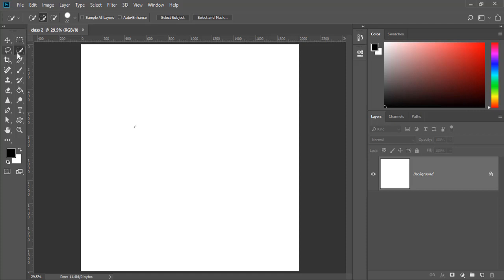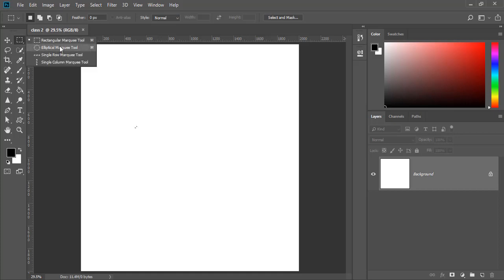So within these 3, I would classify these as the selection tools. Okay, but for this particular tutorial we're going to be working with the Marquee tools. And what I mean by Marquee is, it says rectangular Marquee tool, elliptical Marquee tool, single row Marquee tool and a single column Marquee tool. Okay, right,